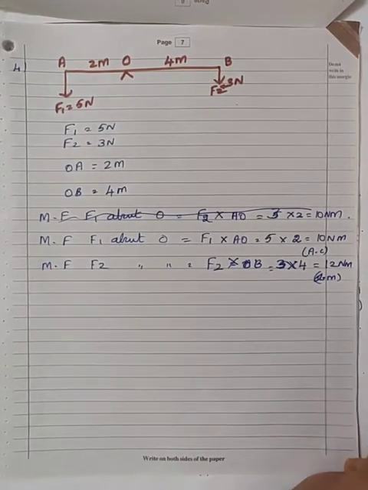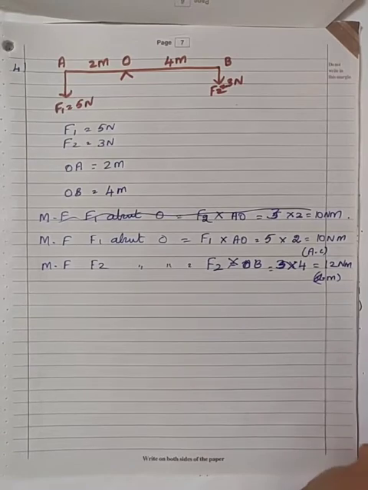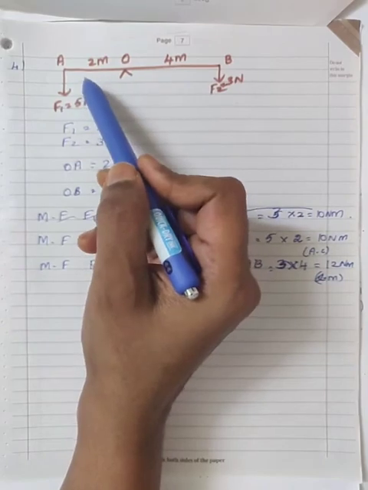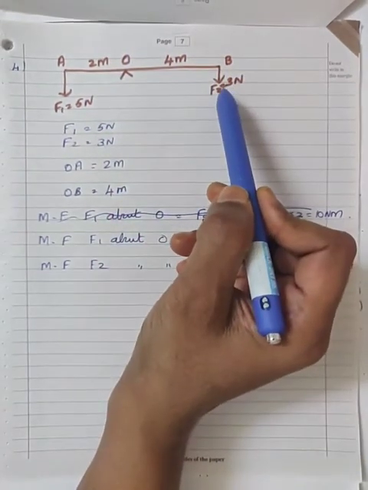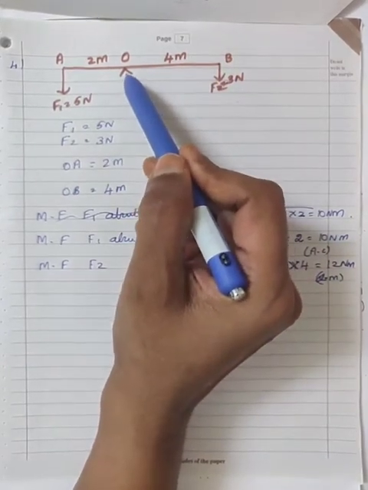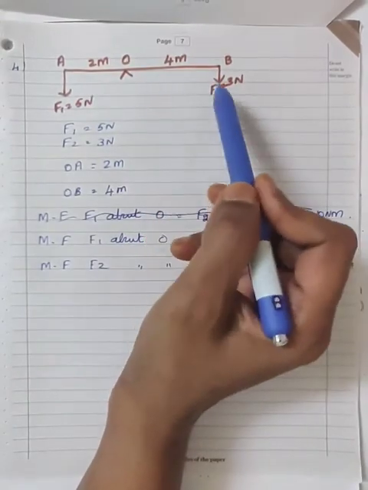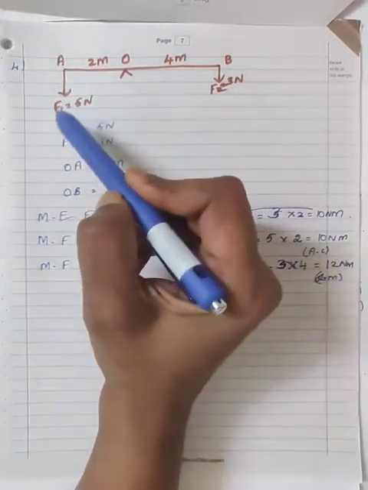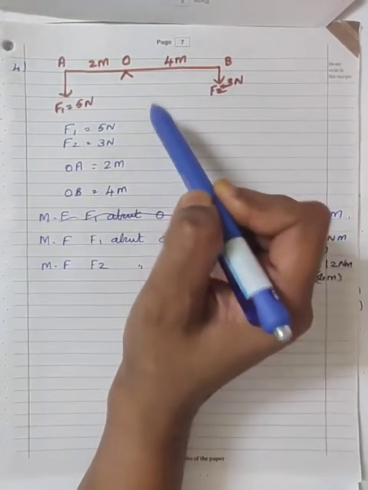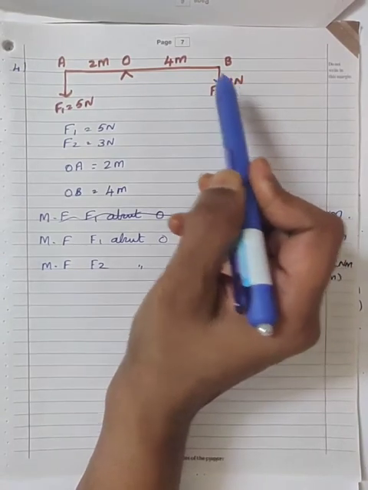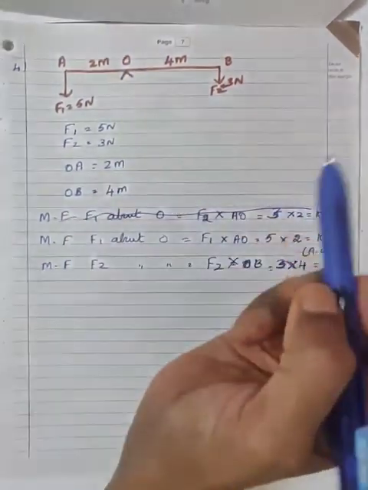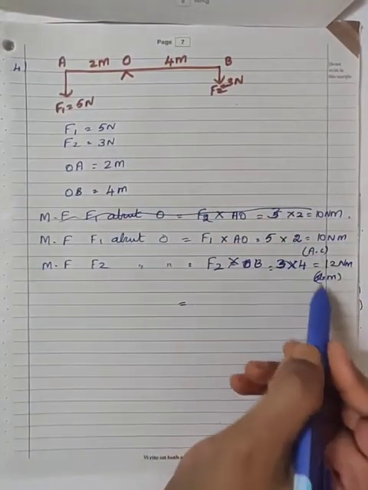Okay. Third question, you are asked to calculate the total moment of two forces about O. Because the force F1 will produce the turning effect on the body about the point O. The other force F2 acting at the point B also will produce the turning effect with respect to the point O. But both the forces will make the body to rotate in the opposite direction. That is the force F1 is equal to 5 Newton will make the body to rotate in the anti-clockwise direction, whereas the force 3 Newton will make the body to rotate in the clockwise direction. So the resultant moment of force acting on the body about O is equal to the algebraic sum of these two moments.